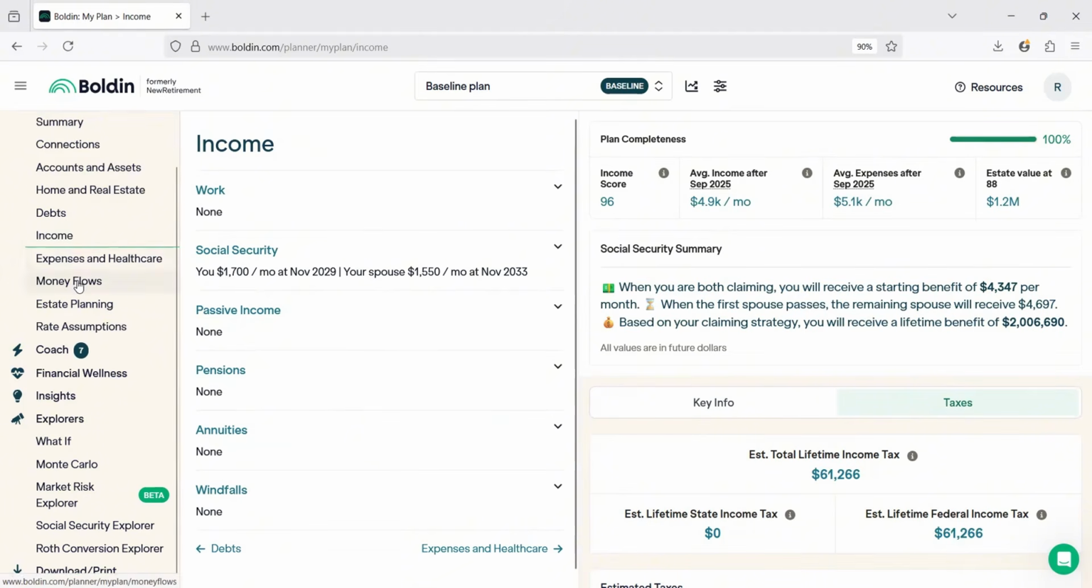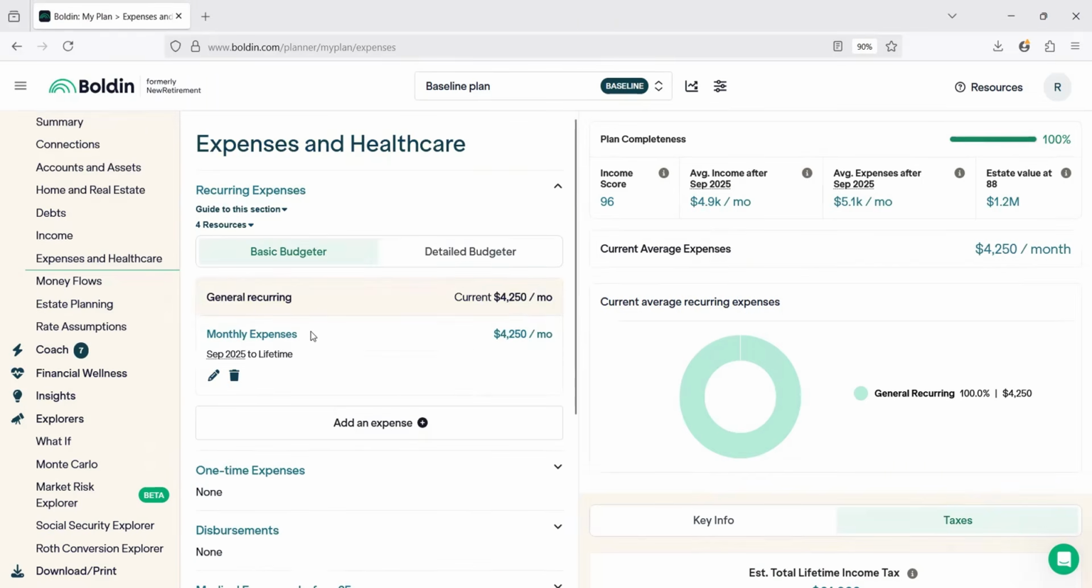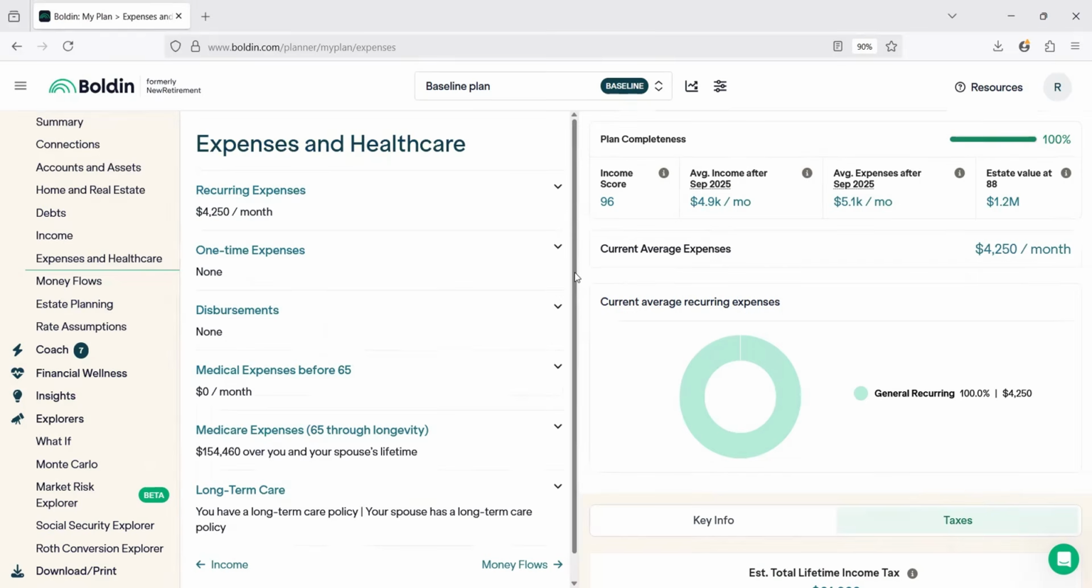Okay. So expenses, I was only given a full amount, but that included medical costs before Medicare. So 4250 a month was what I was told. That includes the medical, like I said. So I just entered it as a basic budget or as a full expense there. That will be indexed with the average inflation rate in Boldin. I didn't enter any medical expenses before 65 because I was told they were included in the 4250. However, at 65,